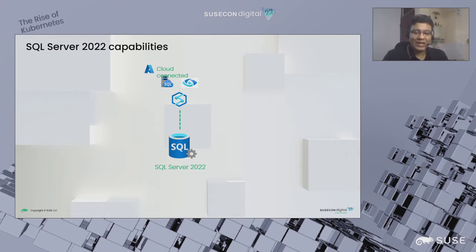So isn't that cool? The other part is Microsoft Purview. Even that now works with SQL Server 22 on-prem. As you would know, Microsoft Purview is the governance tool that you can use to classify your data, to identify your data, as well as to set up the data lineage that you would always want to do. All of that can be inbuilt and used out of the box with SQL Server 22.